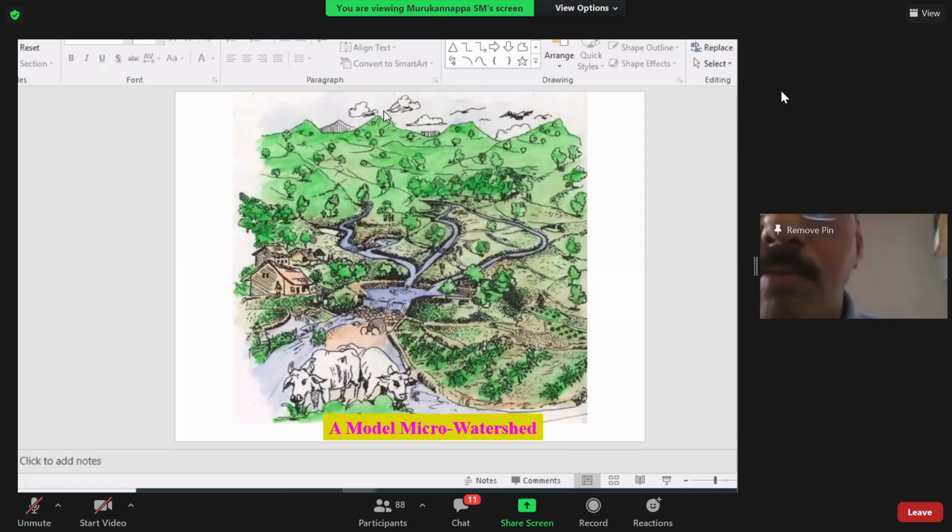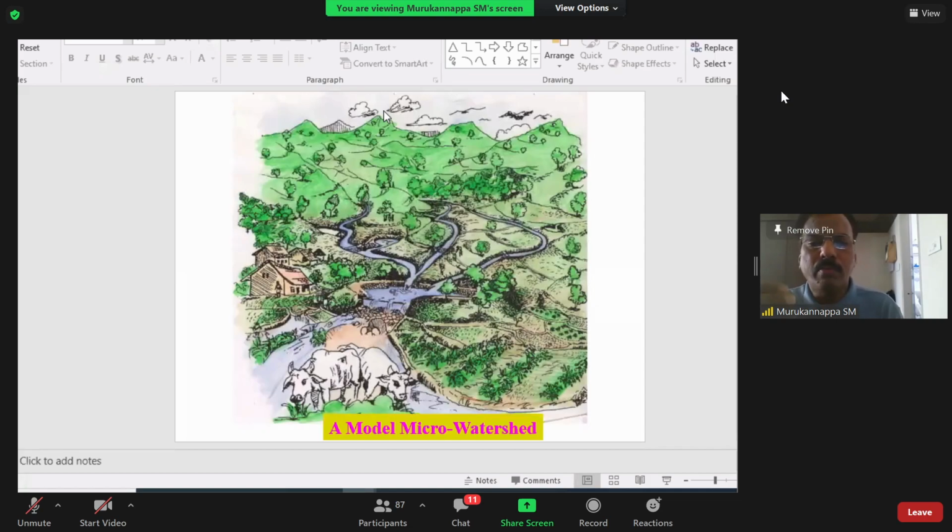You see here, some of the nalas are running, the water is flowing. So in that, whatever the water courses, the drainage, the gullies or the nalas with flowing water, this comprises a drainage line. This drainage line also requires different kinds of conservational measures. Okay, clear? So that is the second category.